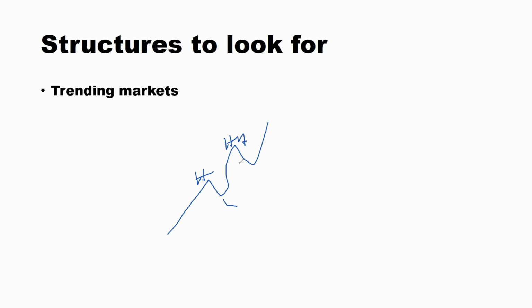Then let's start with which structure we're going to be looking out for. One, we're going to be looking at trending markets. Now, remember during the previous videos we have been talking about trending or trends. Now, we said the market can be trending in two ways. One, it can be trending upwards in an uptrend. When the market is in an uptrend, we're making higher highs. We first make a high, we make a low, we make a higher high, then we make a higher low,